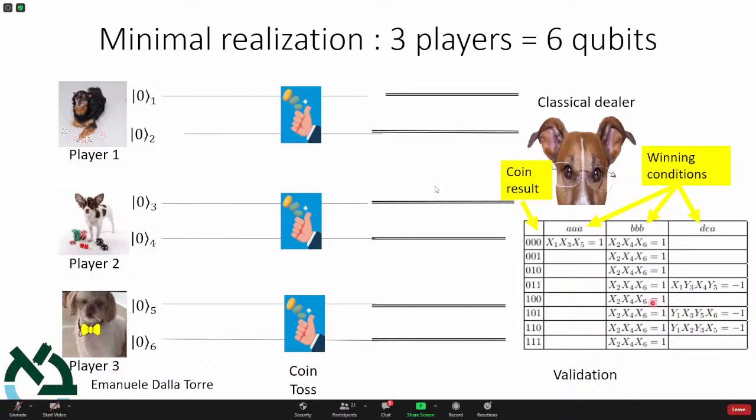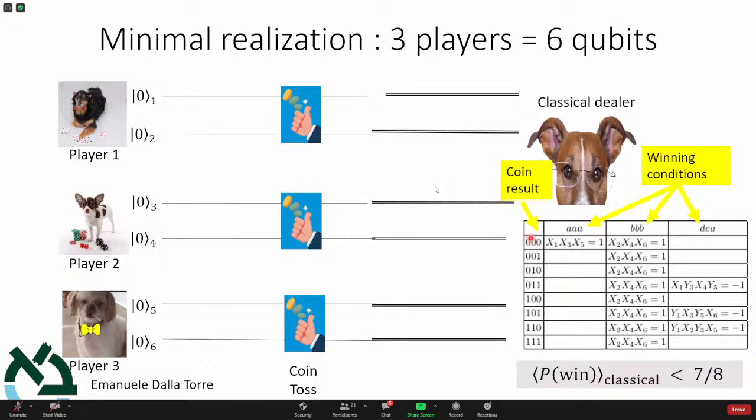The best strategy is to basically get rid of one rule, to forget about one rule, and satisfy all the other rules. That's possible. In this case, you will win for all the other results. So for the first result of the coins, you lose, but you win for all the 7. That's why the classical players can win 7/8 of the time. They win for all the results of the coins except for the first one. That's the best classical strategy.